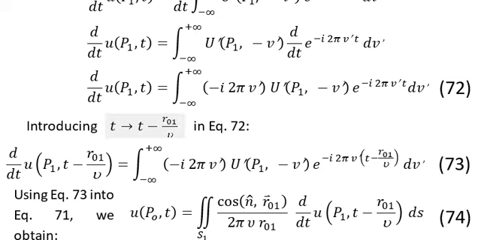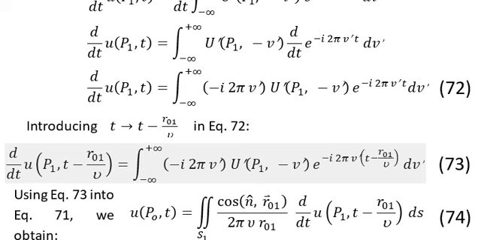Now what we want to do is introduce a parameter: let's replace t by t minus r01 over v, where v is the velocity. Making this change wherever t is present, on the left hand side we have the time derivative of u of p1 comma t minus r01 over v, and on the right hand side the rest of the quantities are the same, except that the time derivative is taken for these quantities, and we have replaced t by t minus r01 over v,